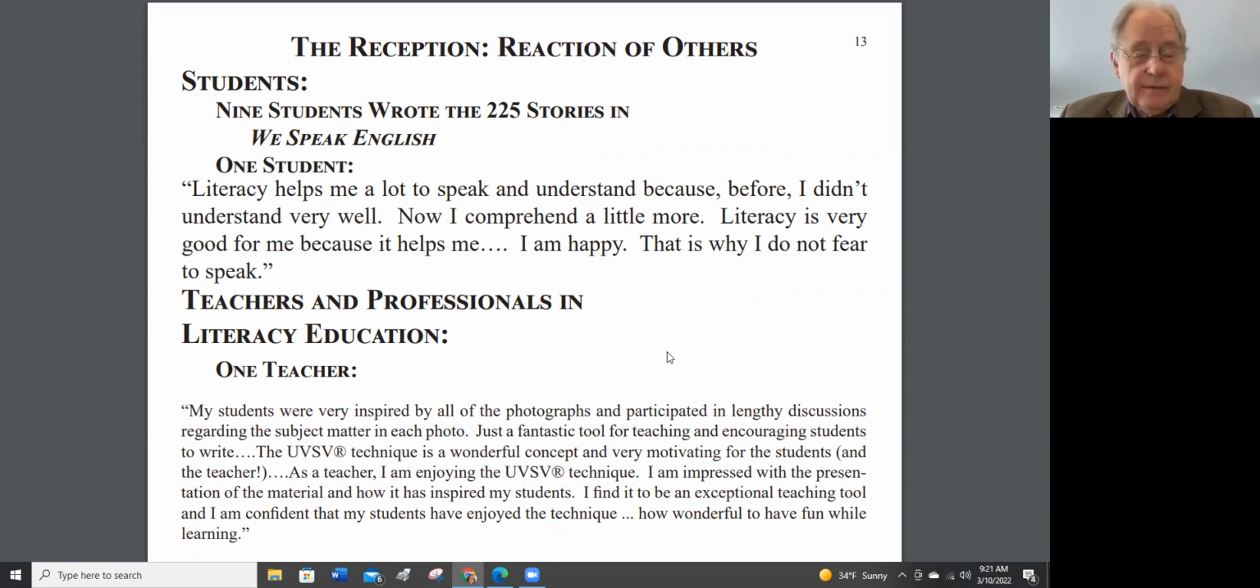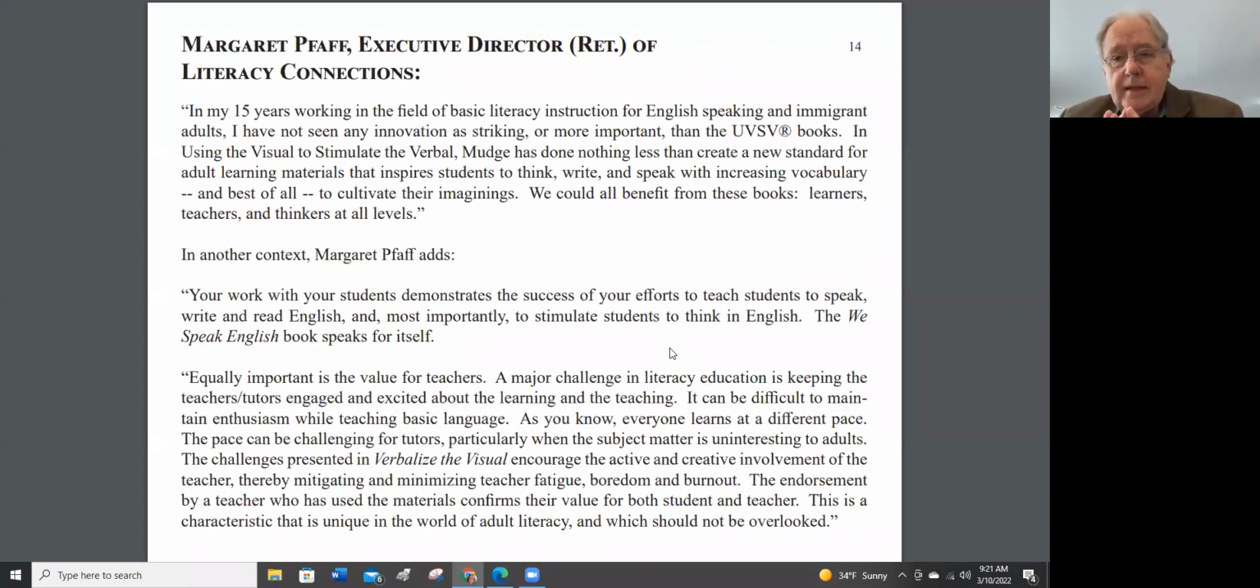I was amazed when I received that assessment. Moving on to the next slide. The executive director of Literacy Connections was very supportive in the development of this technique and the books. And I think her words are important to